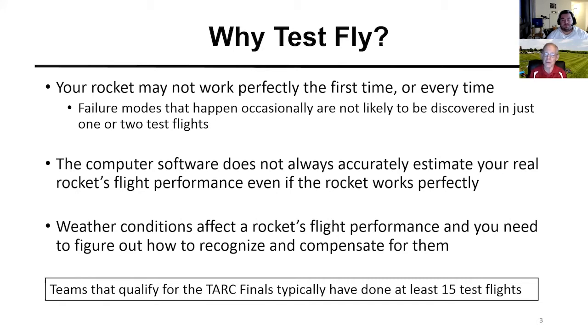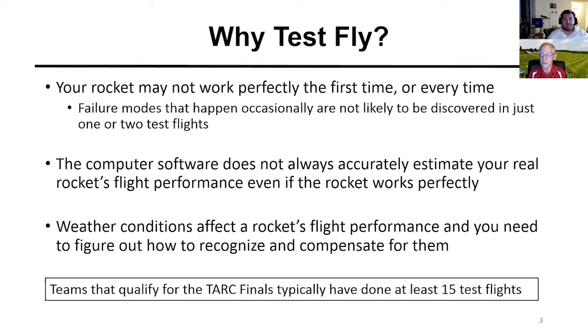So you have to flight test in order to actually figure out what the real rocket is going to do. And you can't just rely on the computer. And if the computer says it's going to go 800 feet, well, it probably isn't. It's probably not going to go quite that high. And there's some reasons why that is true, but you got to fly it to find the reasons correct for you. And of course, then there's always weather. The wind could be blowing, it could be raining. There could be heat-driven thermals.